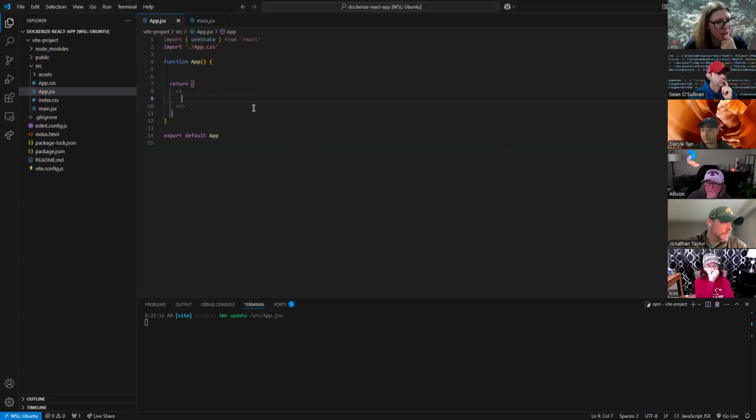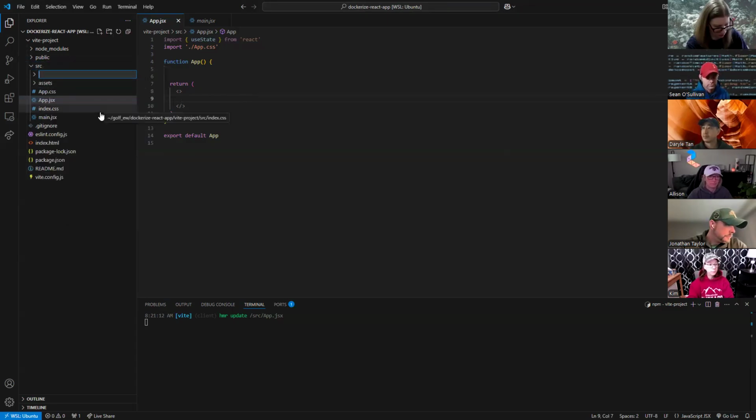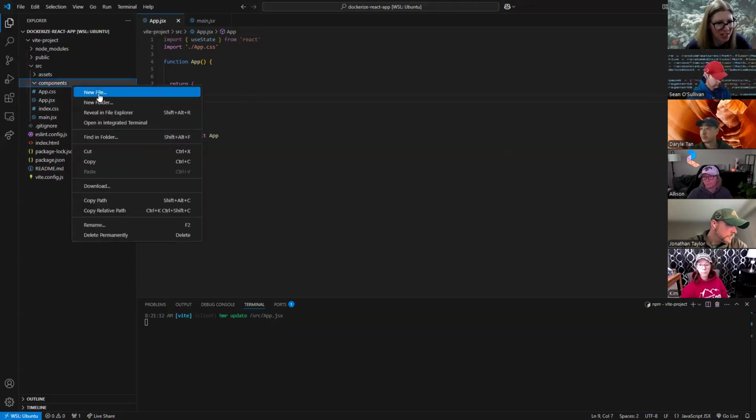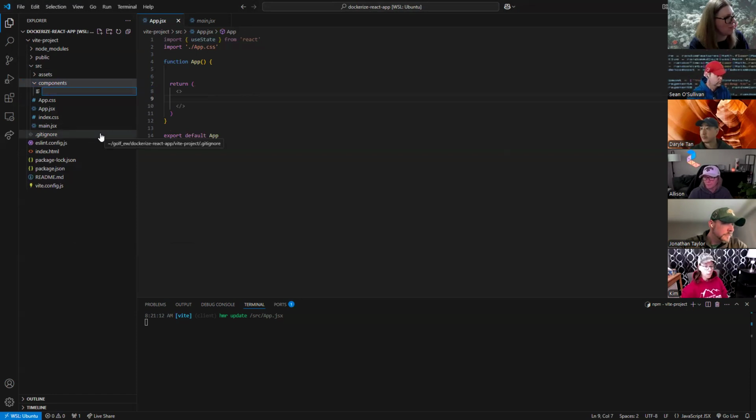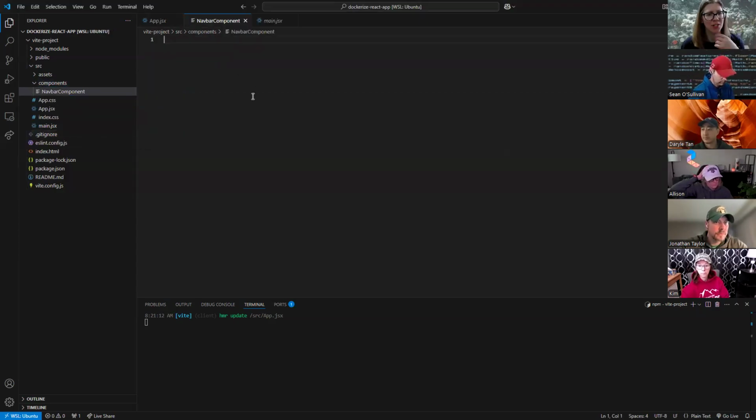I will make a component, keep it separate, but still static, I guess. So our practice has been to make a new folder called components, just to keep everything nice and organized within our app. And in here, I'm going to make a navbar component. Okay, so